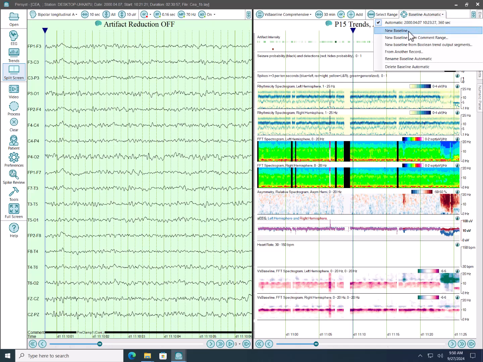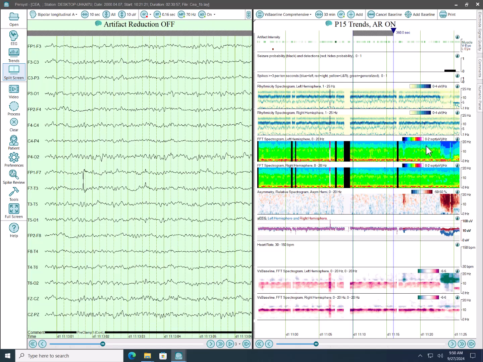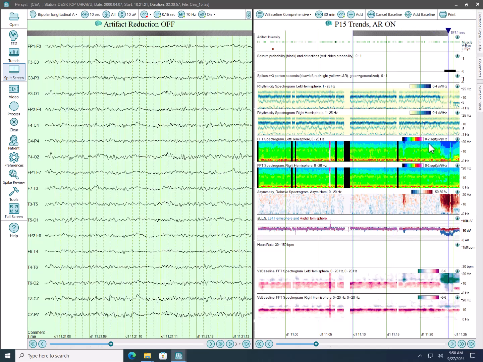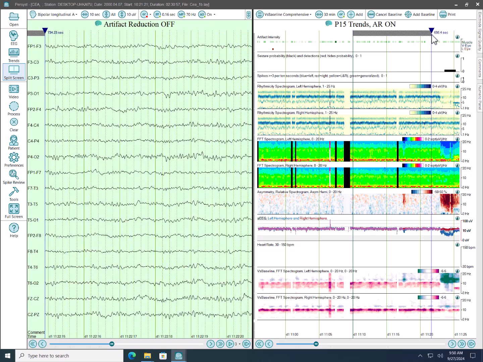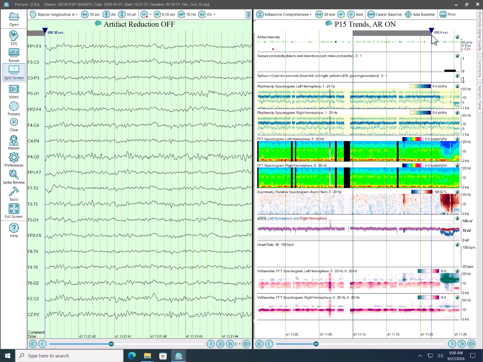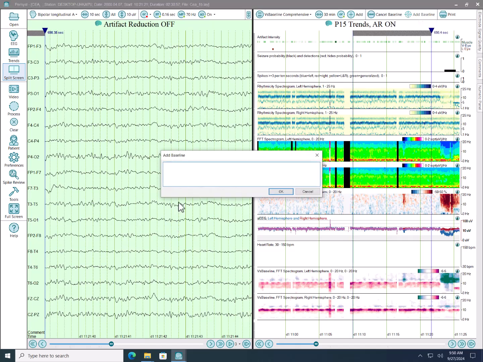So let's just click new baseline, and we can do 360 seconds. I'm going to go a little closer to that change here, but not too close. So 698.4 seconds. I can get precise with the placement here, but really I just want to pick a state prior to clamp. And in this case, I'm going to set the button here to add baseline. I'm going to call this pre-clamp,